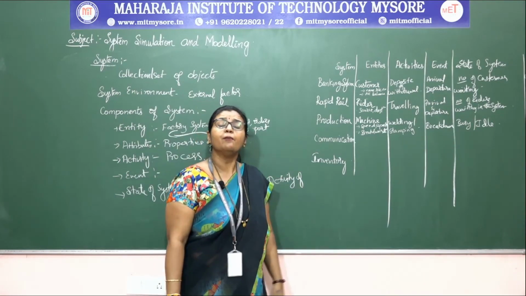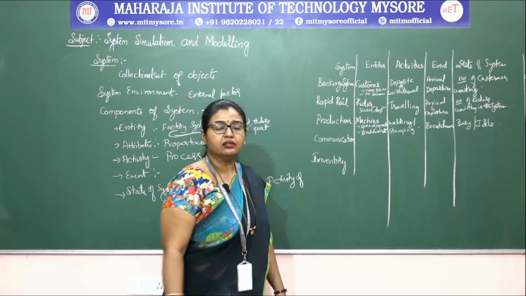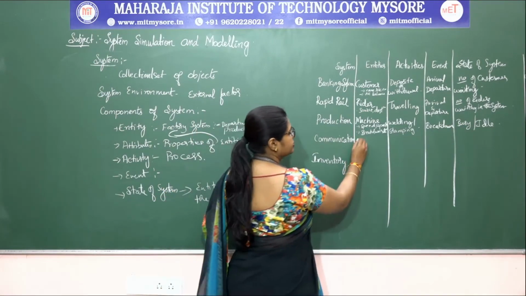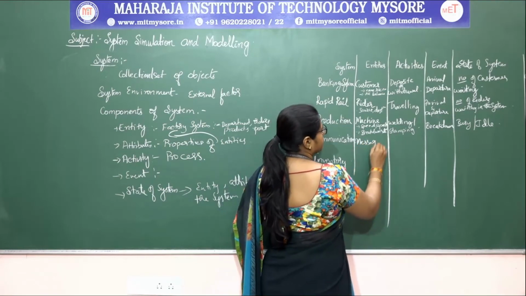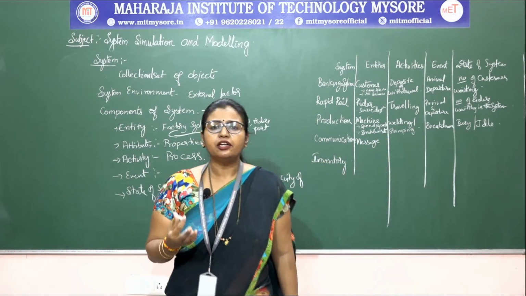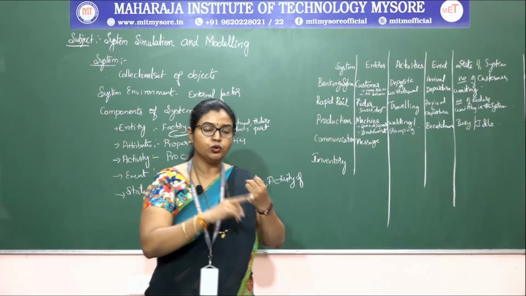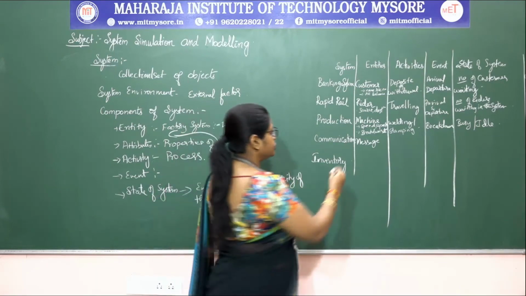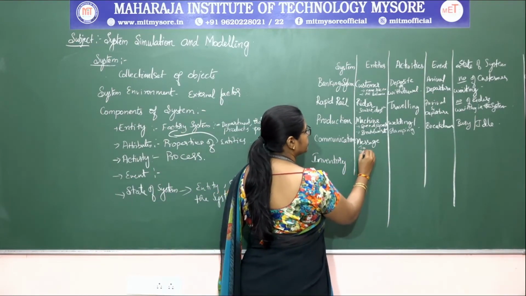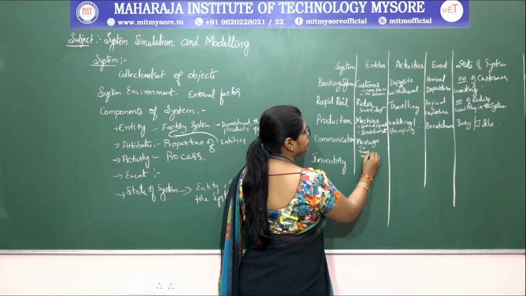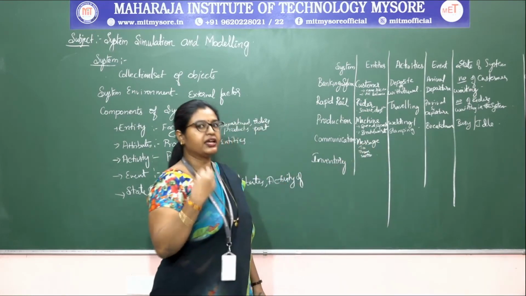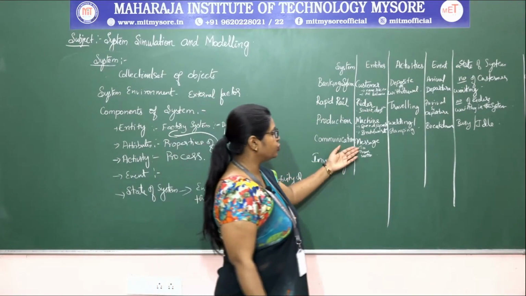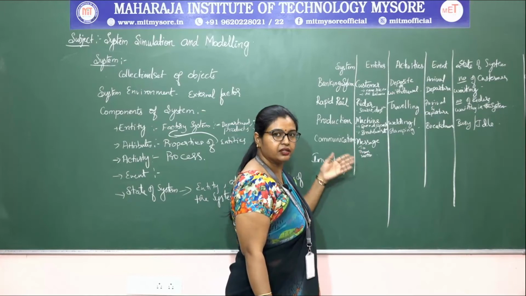The next one is the communication. What does it mean, the communication? Communication channels. Here, a message can be considered as an entity. Then what are all the attributes? The to, from, those all things can be considered as attributes: to address, from address, matter, etc. That can be considered as the message, whatever we are sending. So the to address, from address and the matter, whatever we are sending, are all attributes.